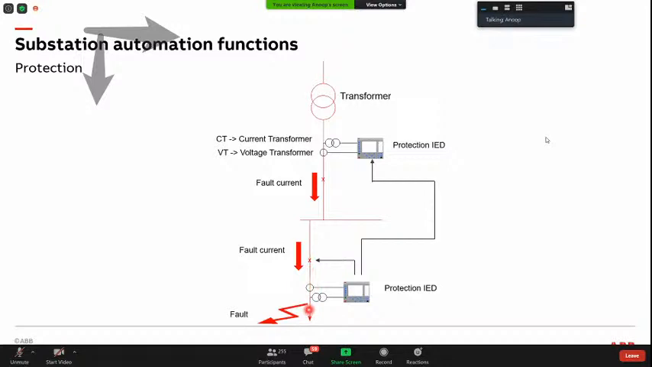So that is about protection function. This is one of the protection functions, but there are many other protection functions in substation automation. I just showed you one earth fault or overcurrent function here. Next is the